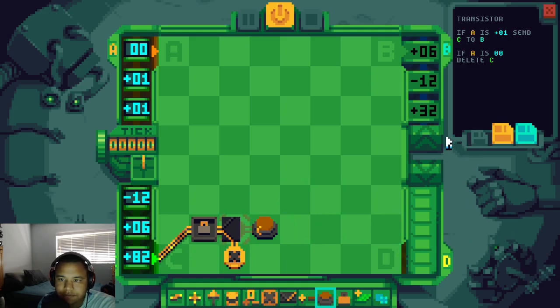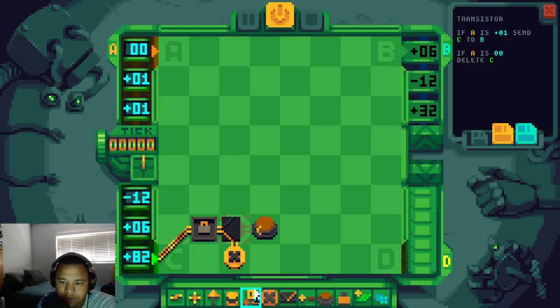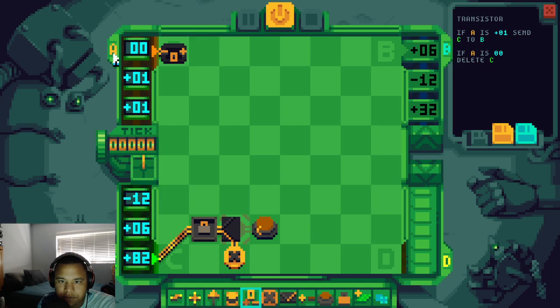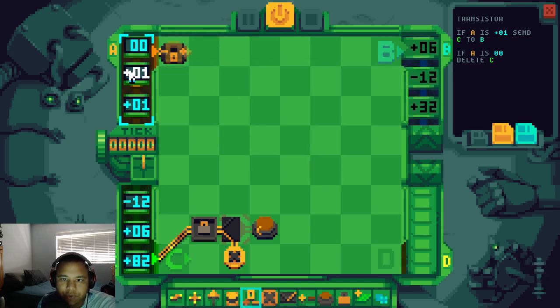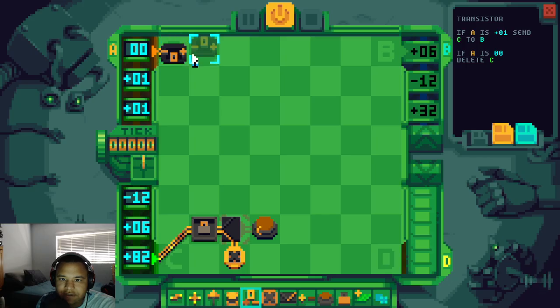In any case, A is either only going to be positive 1 or 0. So we can use this with the negative pointing to the left. Because if there were negative C, it would shoot back out to the left and break everything, right? But we don't have to worry about that. So if A is 0, or if A is 1, we're going to send C to B. So if A is 1,